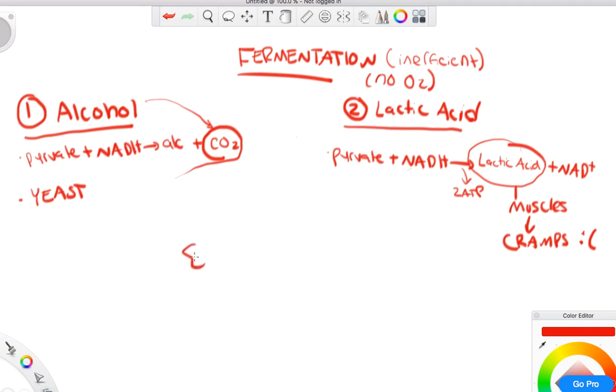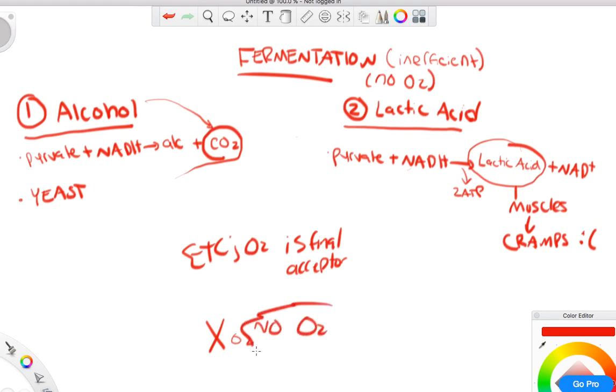Recall that in the ETC, O2 is final acceptor. These cannot use O2. So no O2. This is really important because if they use O2, they could become